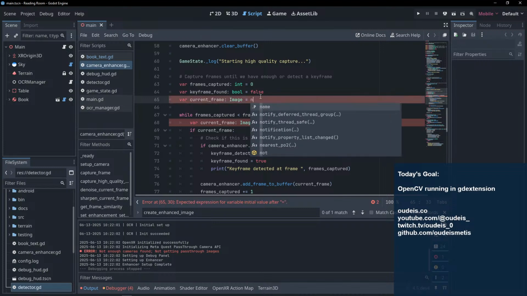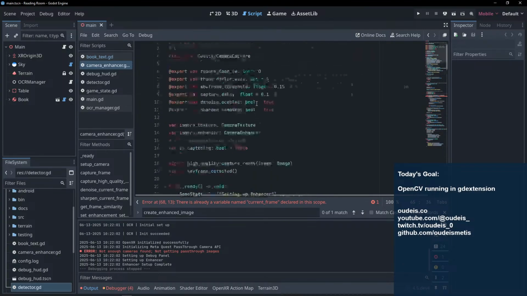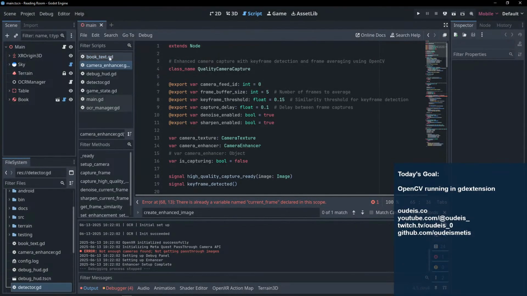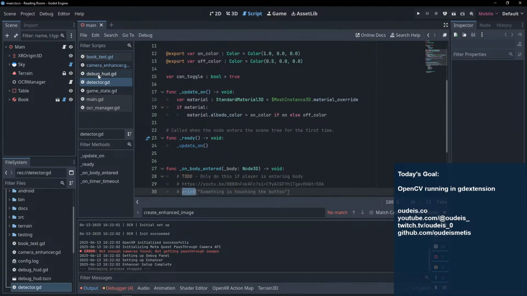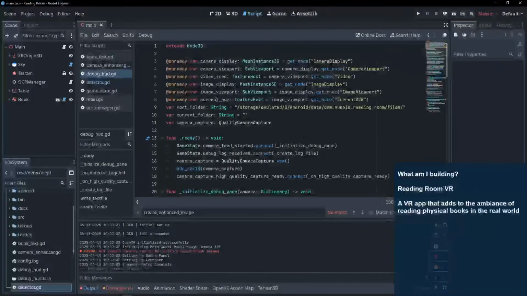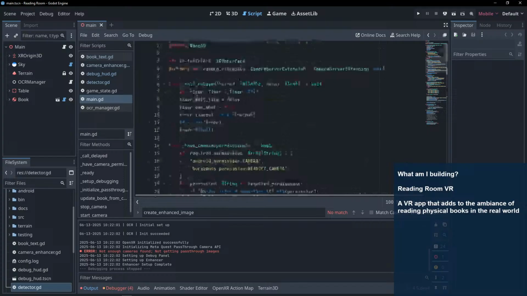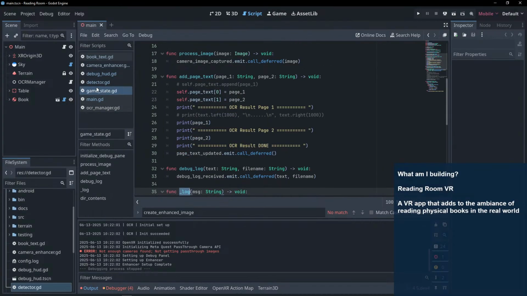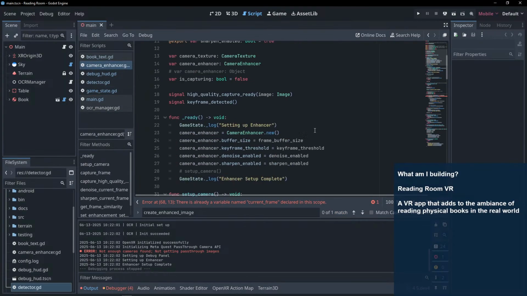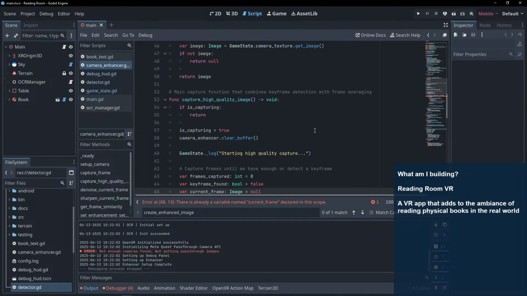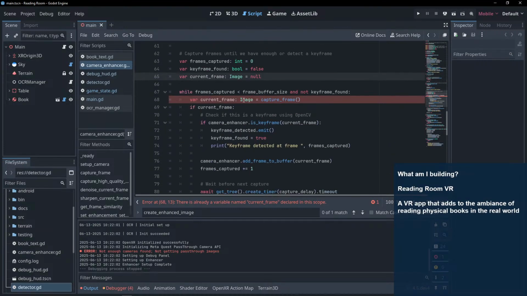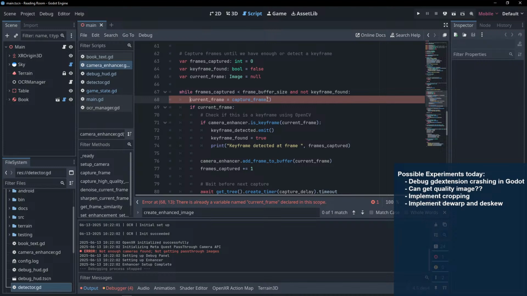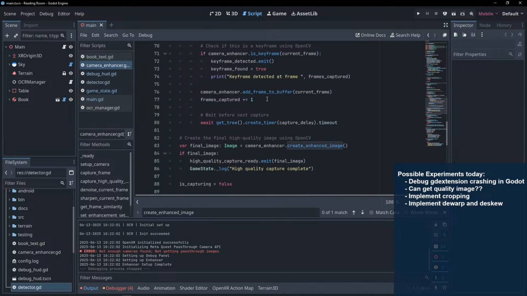I think it's null, right? Is that what we do? Initialize to null. I think so, right? What else have I done? I can't even remember. Fine, whatever. We'll initialize it to null. And then I can do current frame, we'll capture. And then for now, I'm just going to